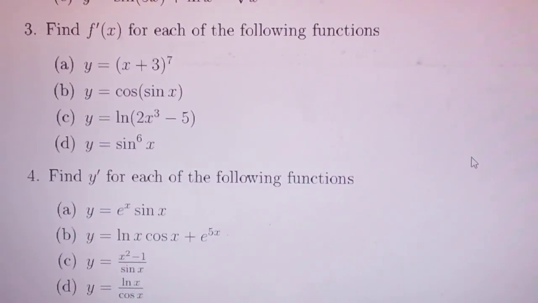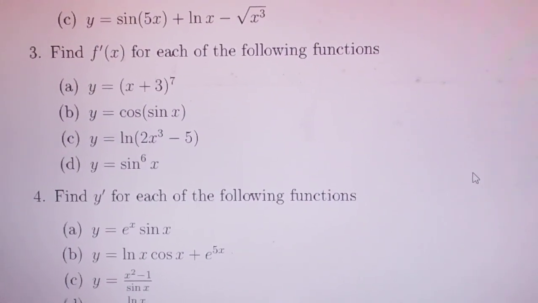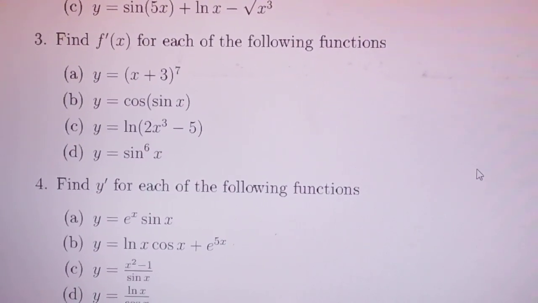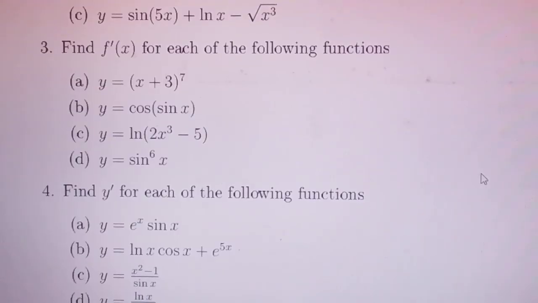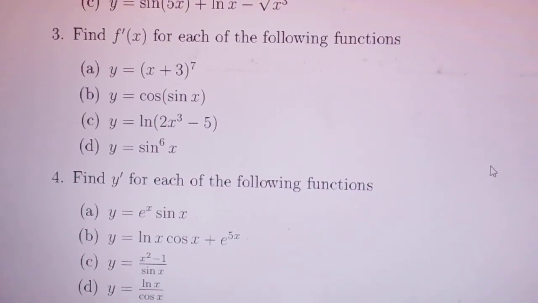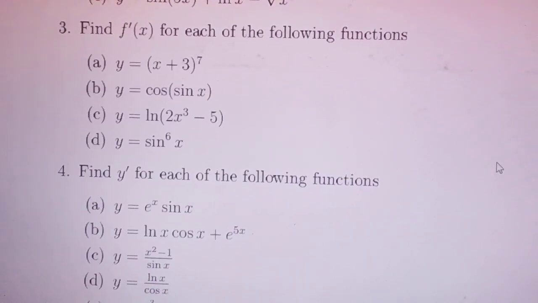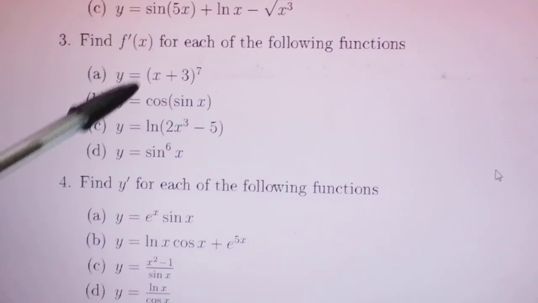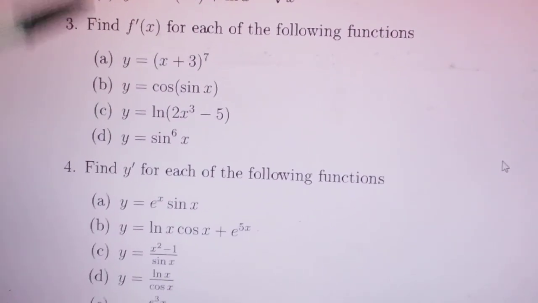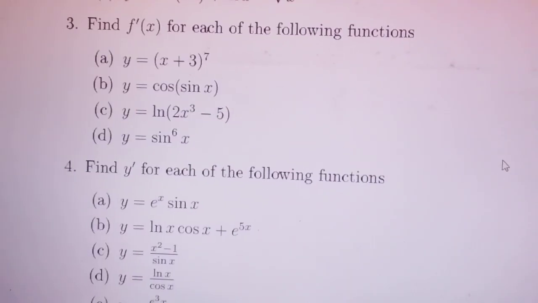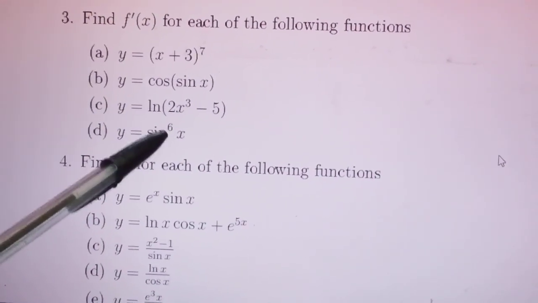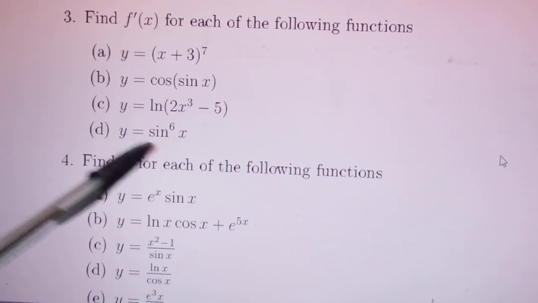equal to sin 6x. So when you see such kind of question, you just have to ask yourself one question: which rule are we going to use here? As you can see here, this is a chain rule, because by definition a chain rule is a function within a function. So we have two functions in this. If we start here, we have this function within this whole entire function, and this function within this entire function, and this function within this entire function, and you have this function within this entire function.